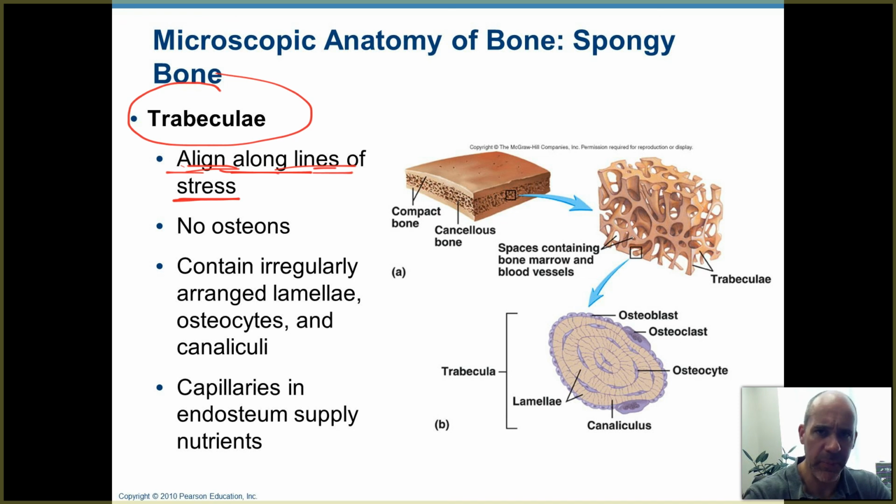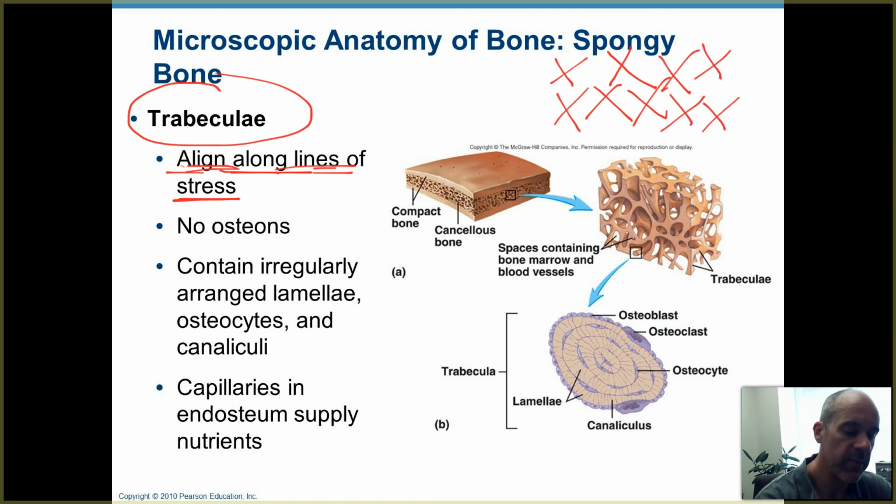Why do we have this spongy bone structure? Now imagine if throughout your entire skeletal system all you had was compact bone. How would that impact the weight of your body? It would make you much, much heavier. So instead, a lot of our bone consists of this spongy framework with these trabeculae, and that helps lighten the bones. And also the trabecular structure, where you have these X-shaped trabeculae